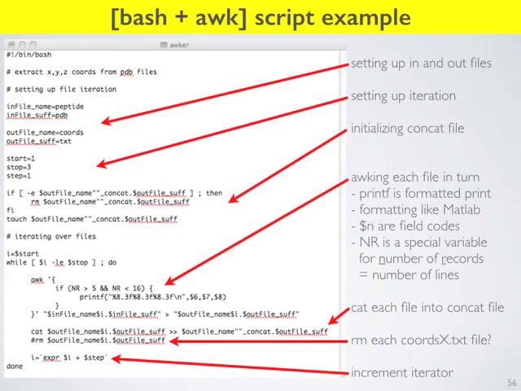And so %8.3f means I want to print a float with 8 characters in all, consisting of 3 decimal places. So there's going to be 8 digits in all. The last 3 are going to be beyond the point. And so it's going to have 3 decimal places of precision. And I want you to print that 3 times. And so that's the output. That's going to be the X, Y, and Z coordinates with 3 decimal places of precision.